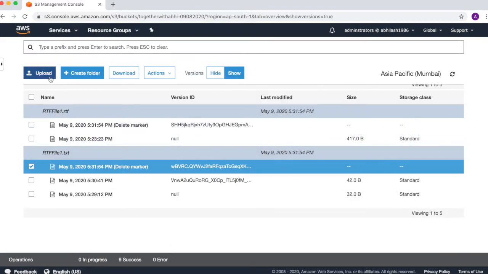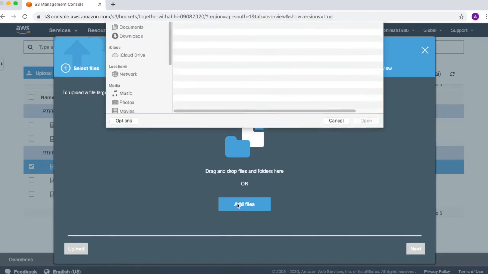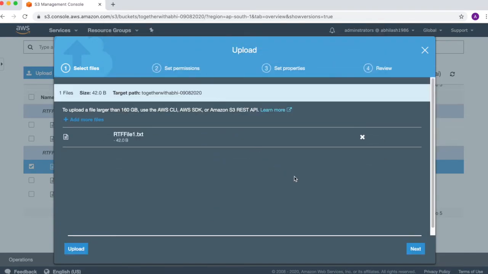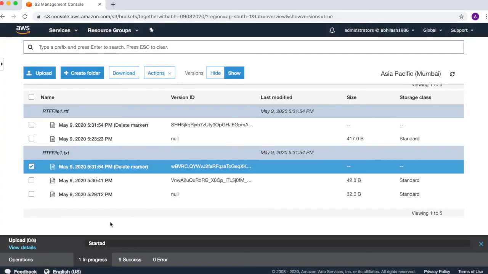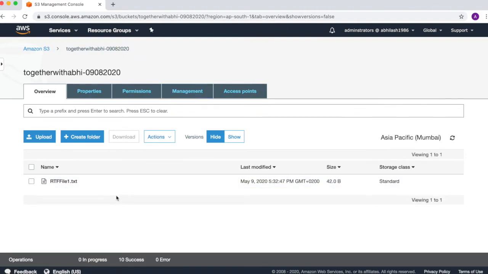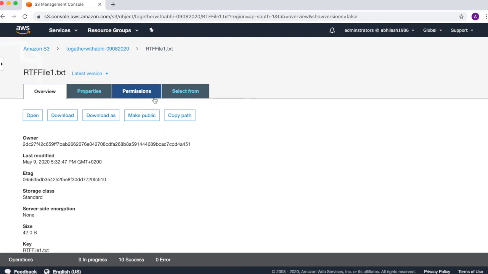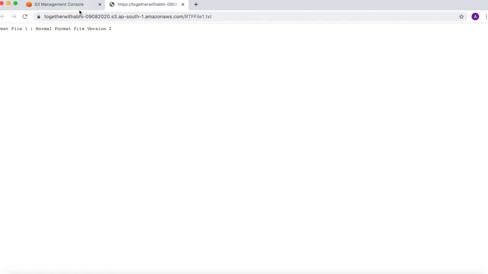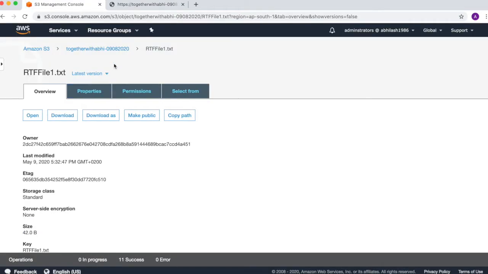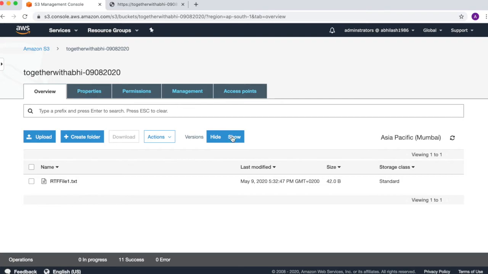But to restore this file, we will have to re-upload the same file again. Okay, it's not that you can restore the version. For restoring, you just have to re-upload the same file. So we have re-uploaded the same file. Okay, and if in case we go back and see, we will have to make it public as usual, and we can access the file. So the file is available to us. Even after being deleted, we are able to re-upload it.